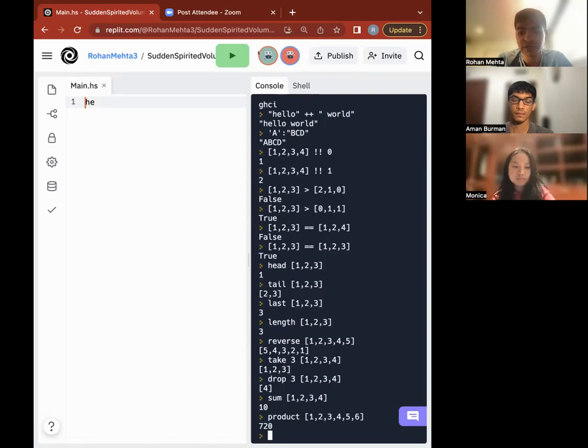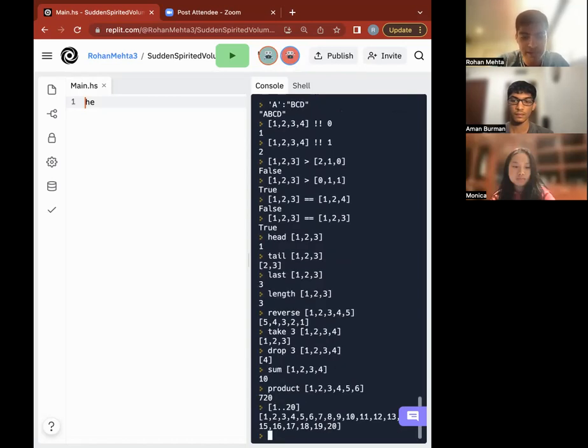Before we move on to list comprehensions, I just want to show you one really cool thing about Haskell, which is that in addition to being a functional programming language, it's a lazy programming language, which means we can actually deal with infinite quantities, which is super cool and allows us to solve problems in really cool ways. Before we get to infinite quantities, though, I just want to show you another one of my favorite features of Haskell,